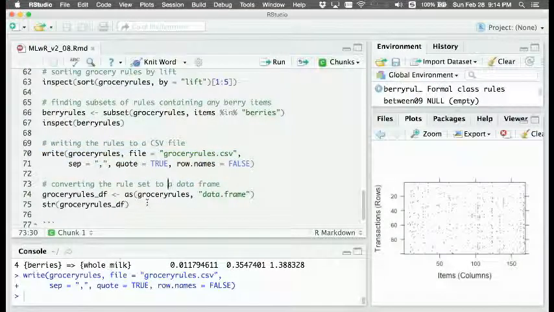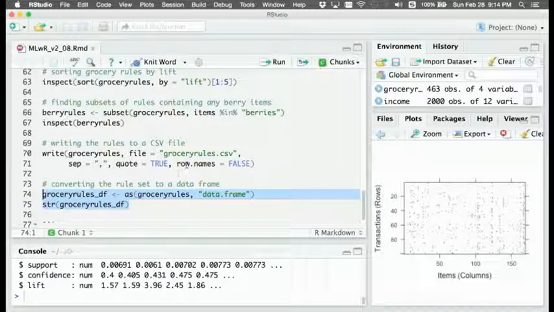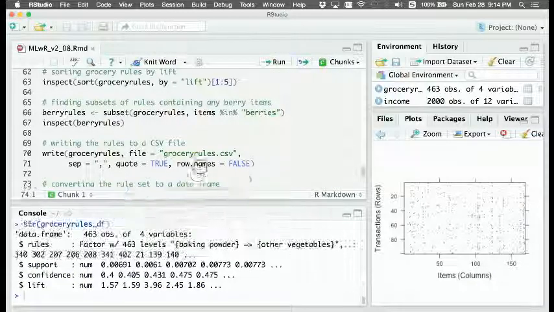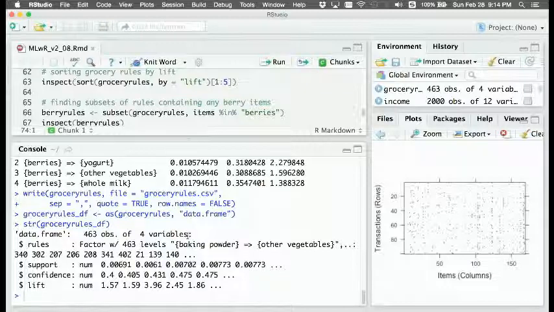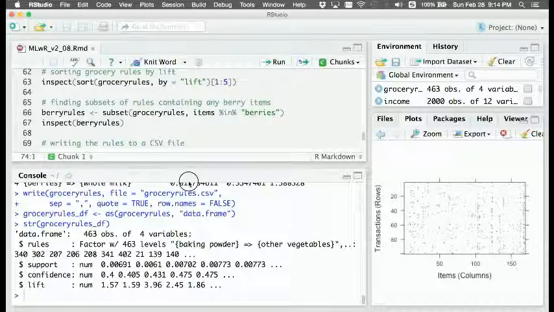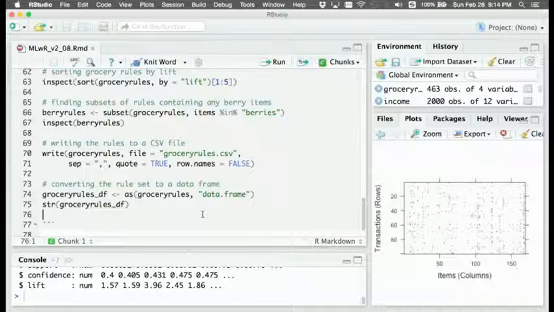We can also convert the rules into a data frame by using as, with the second parameter set as data.frame. This data frame now includes 4 variables. The first one is a factor variable that includes all the rules, and the others are the support, confidence, and lift measures. So that is how you